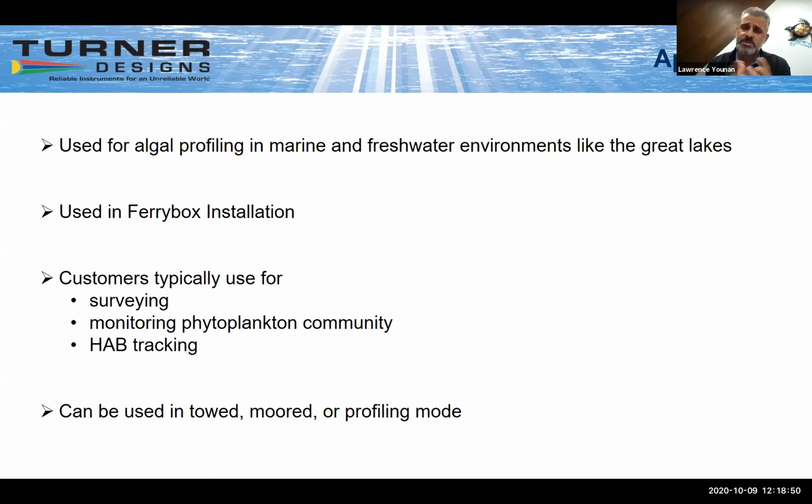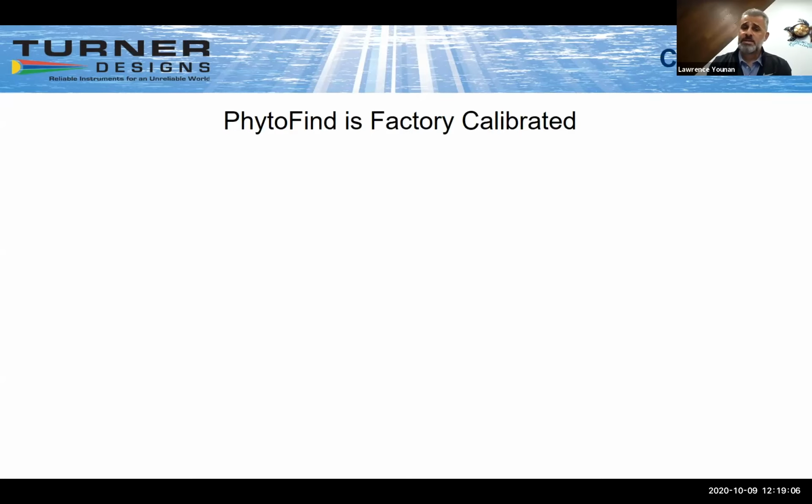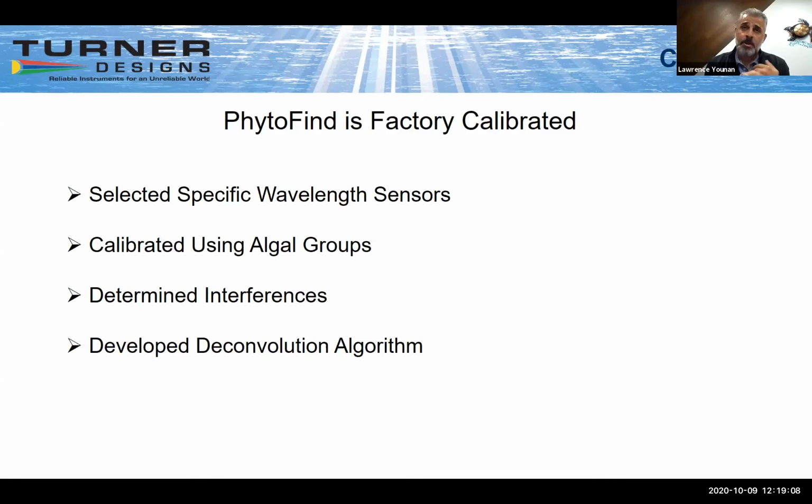So you can use this type of system for monitoring freshwater marine environments. They're used in Fairybox installations for flow through. There's surveying, HAB tracking. They can be used in towed, moored, or profiling mode. What's nice is that they're factory calibrated. Most sensors these days are not, but the PhytoFind is factory calibrated, and that's kind of the advanced nature we're